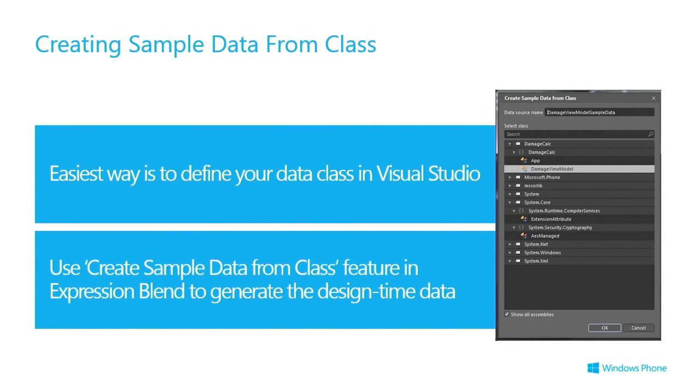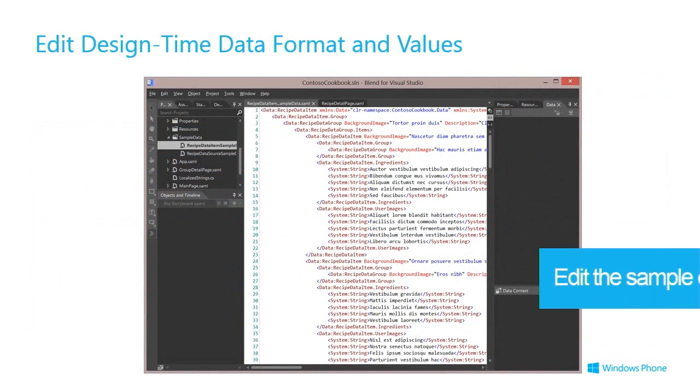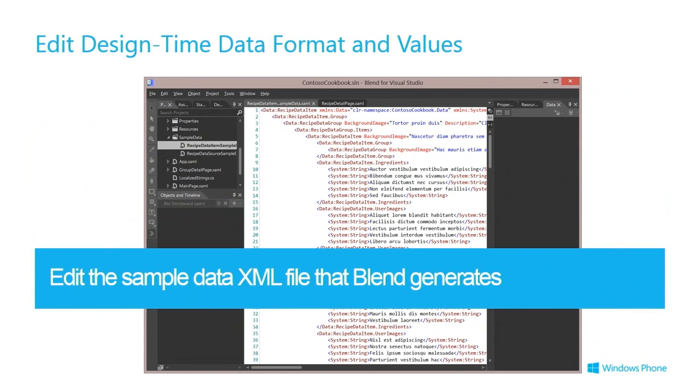So the easiest way to do this, and the way I like to do this, is that on your initial design, you'll probably have designed your data objects. So I've already got a class in this solution that represents a recipe. And we can use that as the source for this create sample data from class feature and generate some real data in Blend that we can use at design time, which is a really cool thing. You can then customize the automatically generated data. What it does is spit it out into an XML file, which you can manually edit if you like, but most of the time you're just going to work with the tooling, and you'll end up with good design time data. So if we go back to Visual Studio,